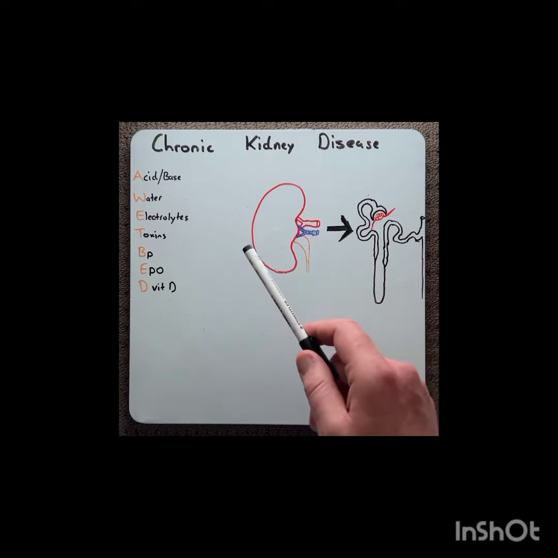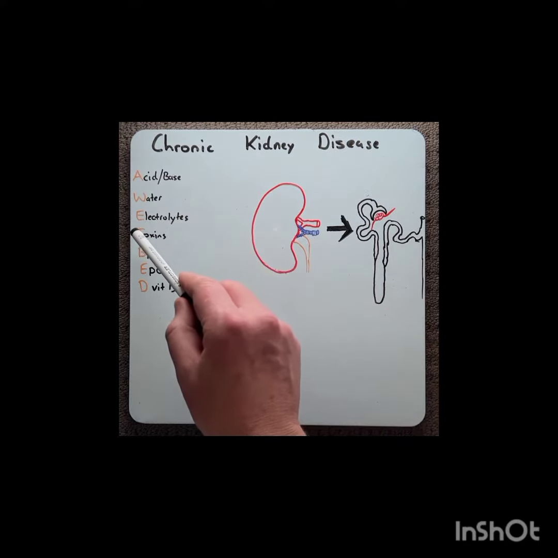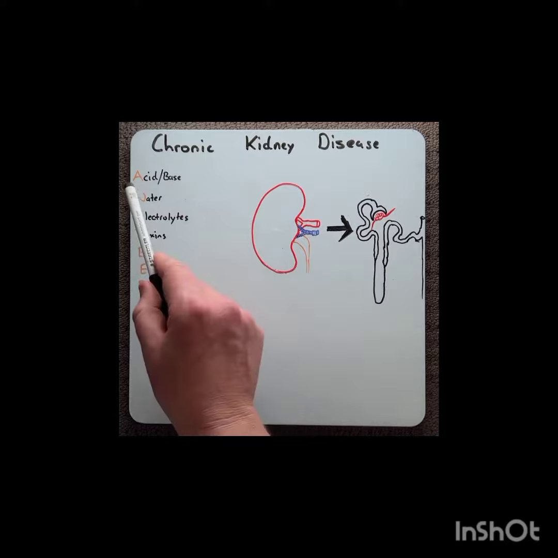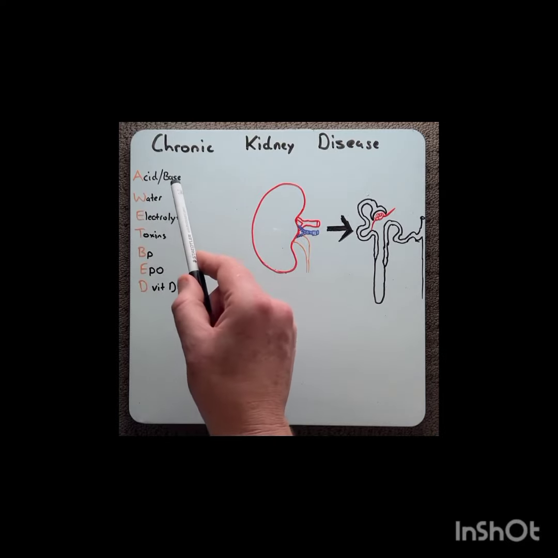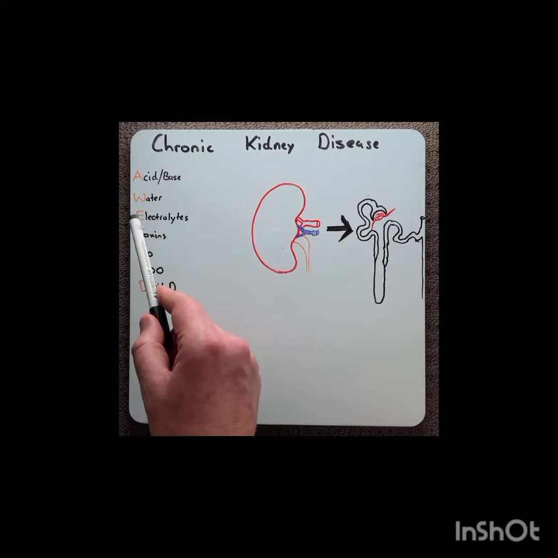It is very important for you to understand that your kidney functions are important. An easy way to remember all of the functions of the kidneys is by using the mnemonic A, W, B, E, D, which stands for A, acid and base balance or pH balance, W, water balance, E, electrolyte regulation